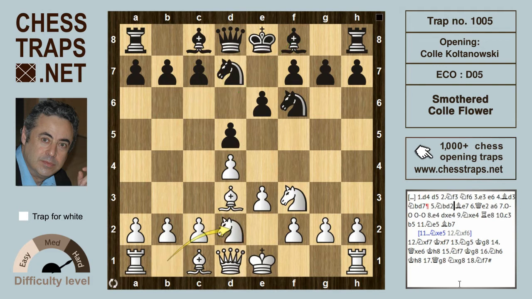White continues in Colle style with knight bd2, and after black develops bishop e7, queen e2 can be played. White could have also played castles or c3, the Colle Koltanowski, or b3, the Colle Zukertort system. But queen e2 is in keeping with the Colle idea of attempting a pawn push in the center with e4